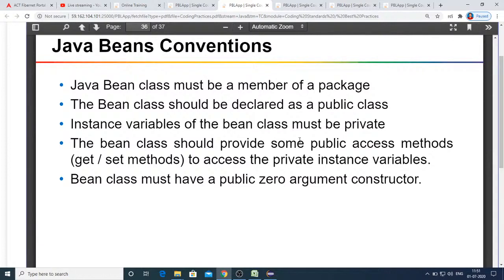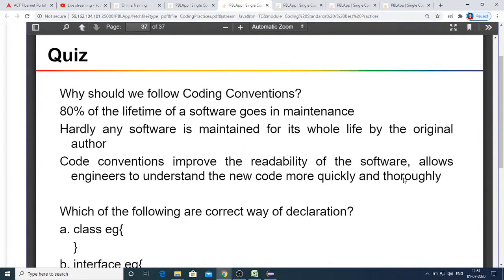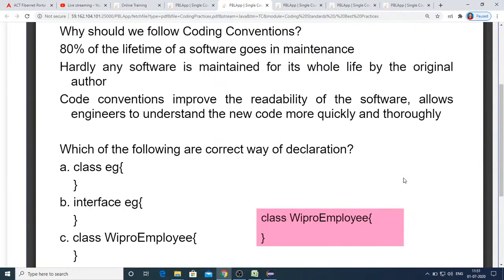So when you are creating Java Beans, the bean class itself should be declared public, so that an object can be created from anywhere, but all the variables declared inside a bean will be declared private. And you need to generate getter and setter methods through which the values can be set to the bean, or the values can be fetched from the bean. So this is what you need to remember as part of Java Beans. So that's it. This is with regard to the coding standards.